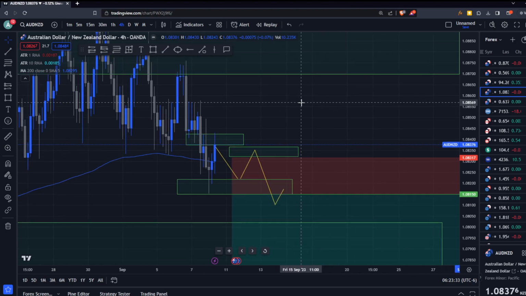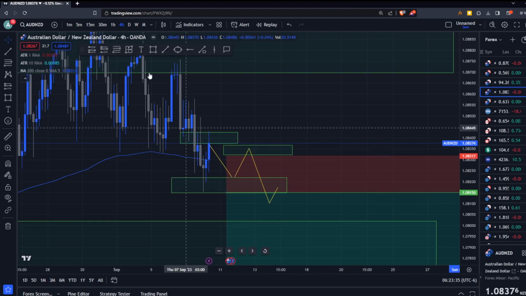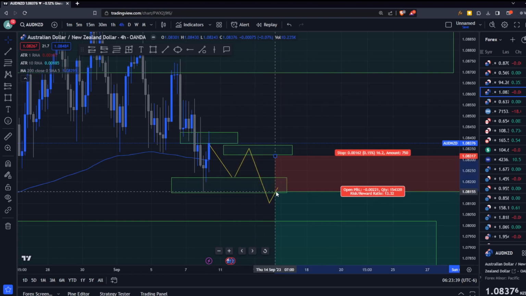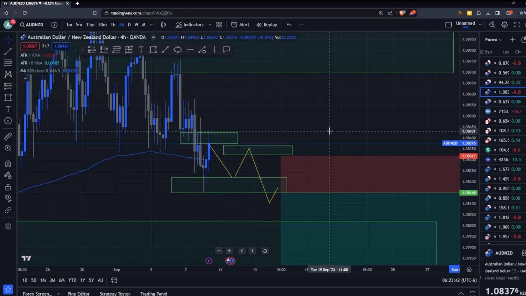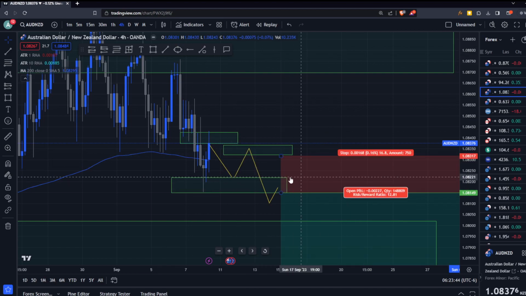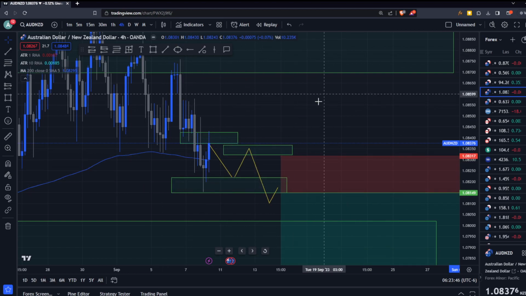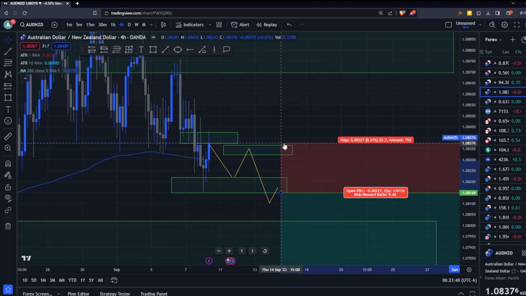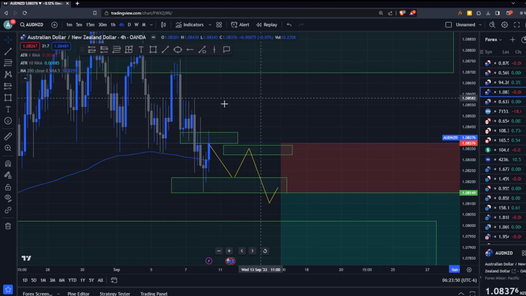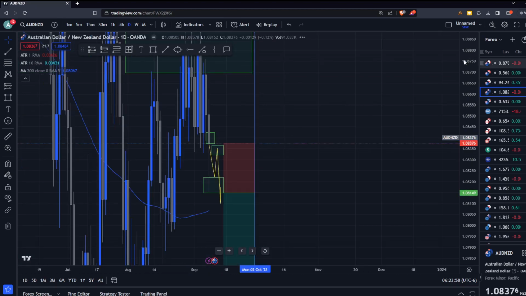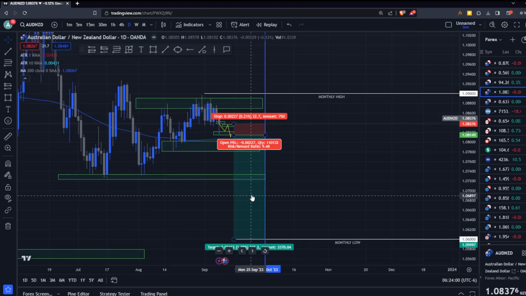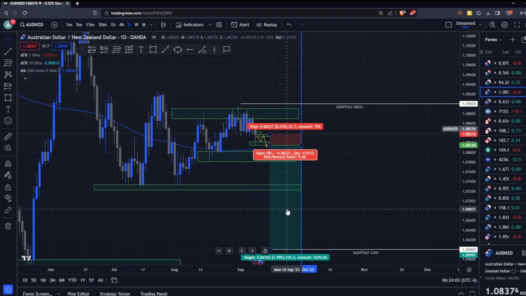I know it's a little confusing, but what I would do is, upon all of this happening, you look for your entry, something like this, at this broken liquidity zone here, and then you set your stop above the previous one. So then you have lots of protection. You have this 4-hour moving average to protect us, we have this liquidity zone, and then we have one of these upper liquidity zones where price previously respected as our stop. Then you enter your trade like this, and you're still looking at about a 9 risk to reward,